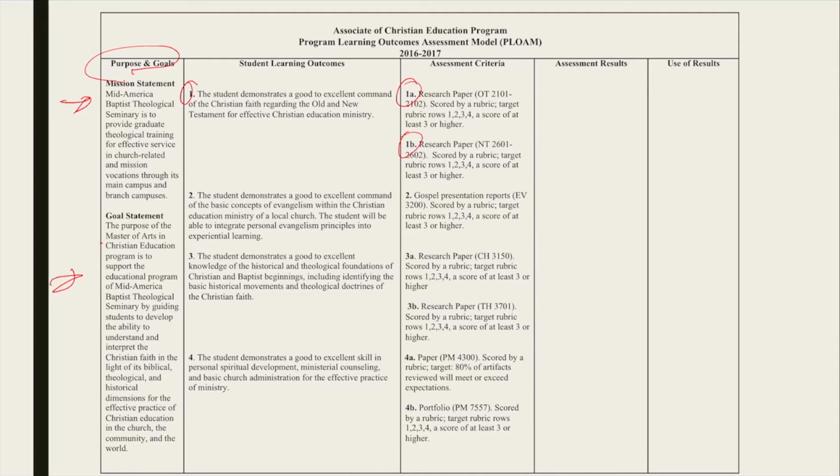And you see here 2 just has 1 assessment criteria. 3 is using 2. And we see here that the student demonstrates a good to excellent knowledge of the historical and theological foundations of Christian and Baptist beginnings. So whatever you want to do, that's your department.